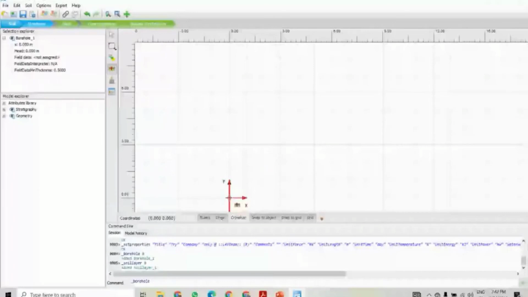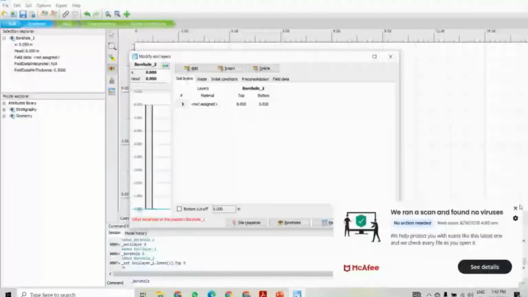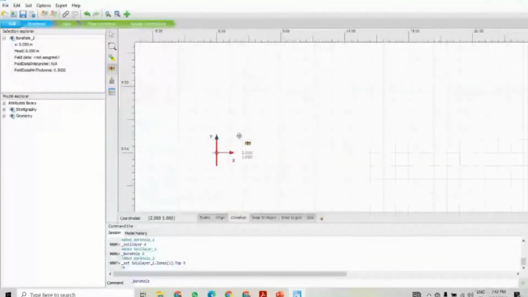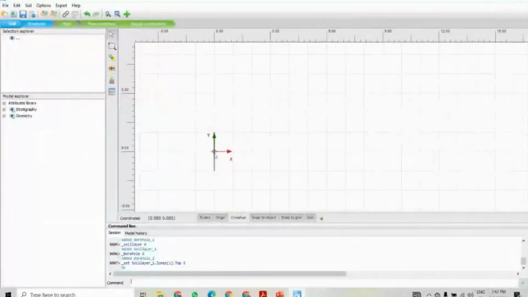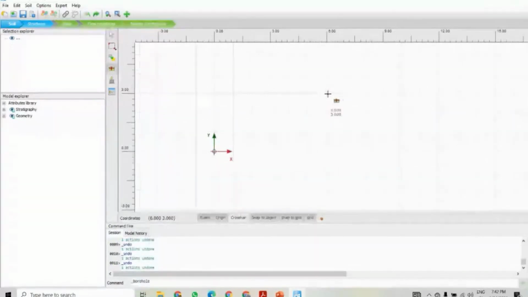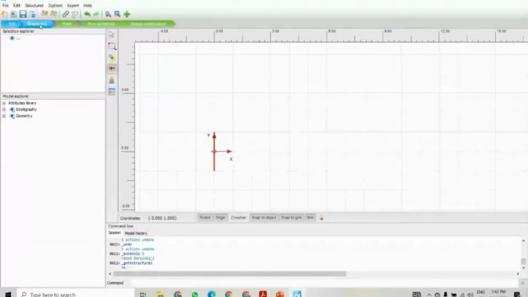So top is 8, bottom is 0. This time we are not doing this. We'll do this in tomorrow's session. Today we are only checking the interface. So we have to create this first, and then we create the layers, and then the mesh and structure.